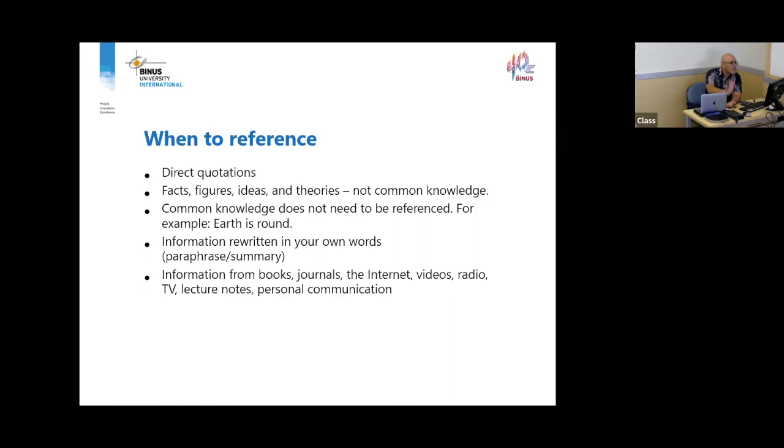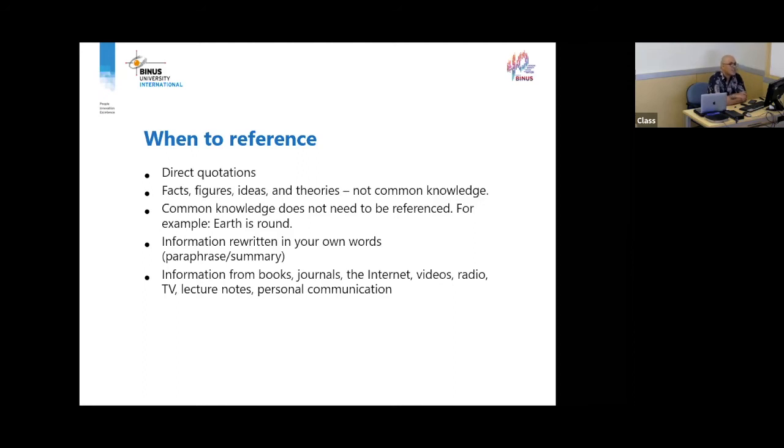Yeah, okay. It appears in encyclopedias, that's common knowledge, okay? But it does not hurt to put in your source. If you are in doubt about that information being common knowledge or not, then you just have to cite your source. You don't lose anything in citing your source, yeah? But let's agree that Indonesia is the world's largest archipelago, okay?